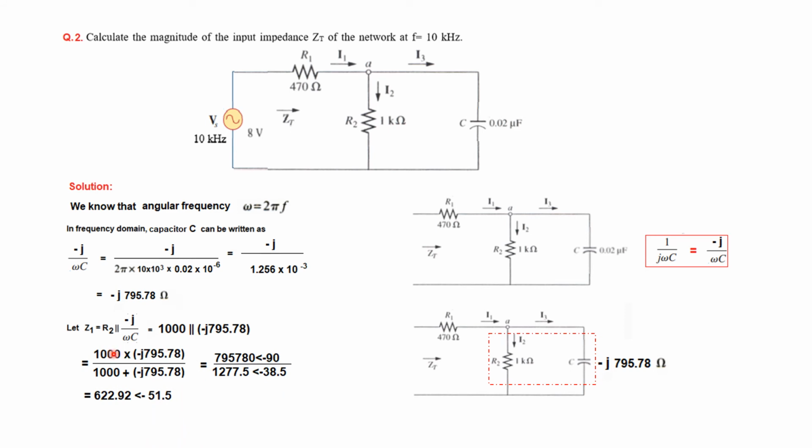Parallel, I hope you know, we multiply at the top and divide at the bottom. And same logic, this could be multiplied directly, but this we have to convert into polar form. So it is in polar form now, and now we can divide and we get this answer, Z1.